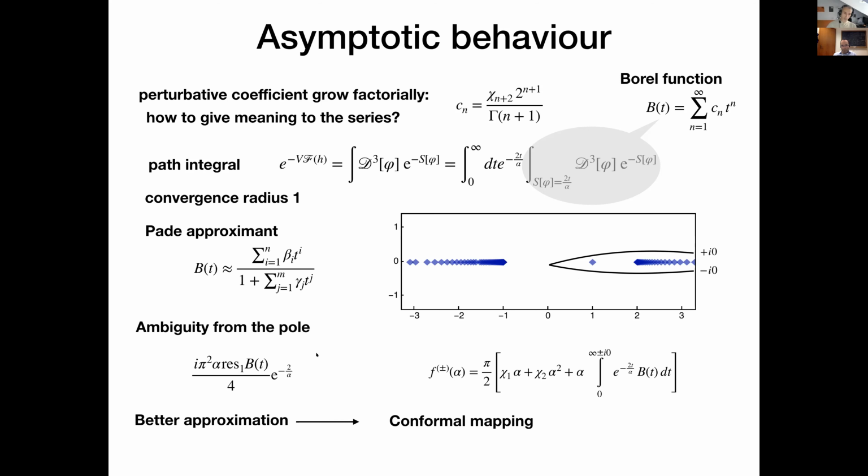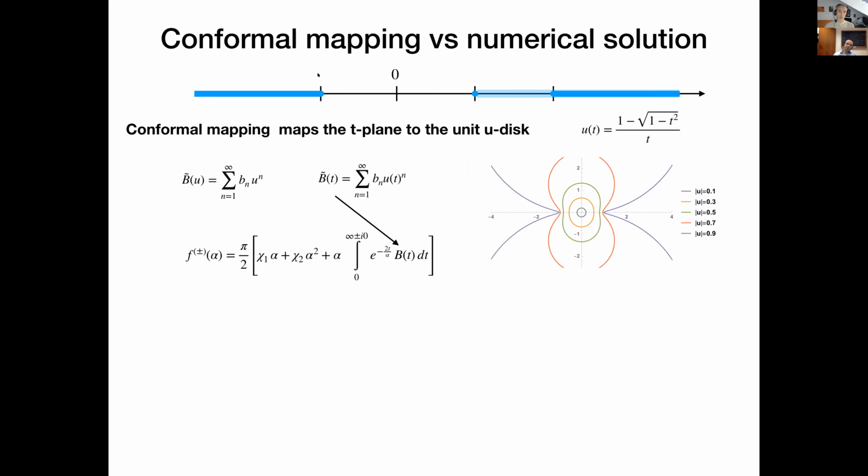The non-perturbative terms are related exactly to the singularities on the real line. In order to get a better calculation of the physical values, to integrate above and below, the Padé approximant is not good enough. So what is better if you use some conformal mapping? So what is this conformal mapping?